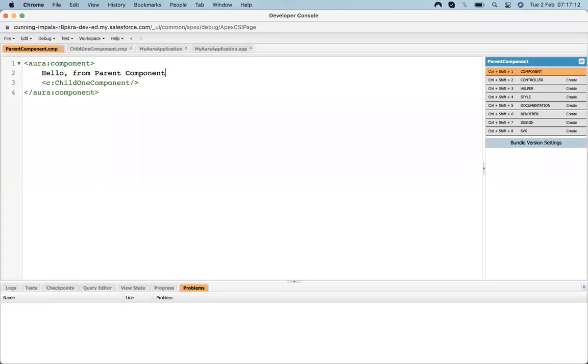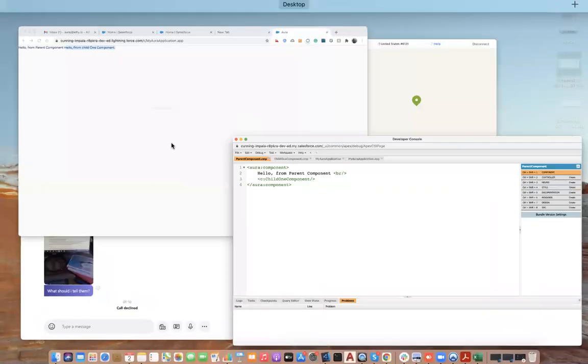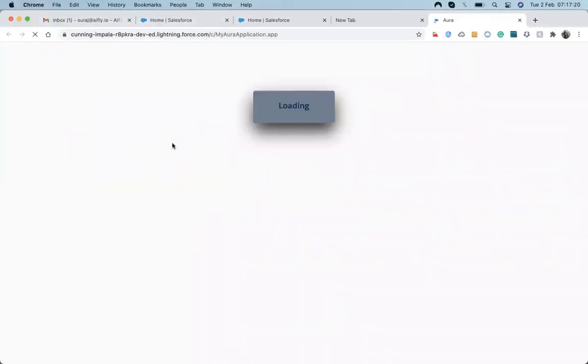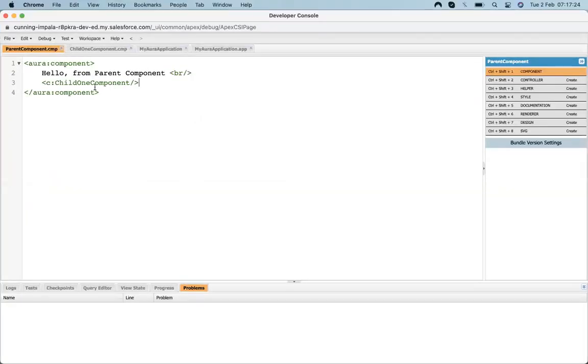So you can see that both are showing: this is from the parent component and this is from the child component. In this way we can call any child component inside any parent component, and it works. We just need to put the name of that component inside the parent component and it will work fine.